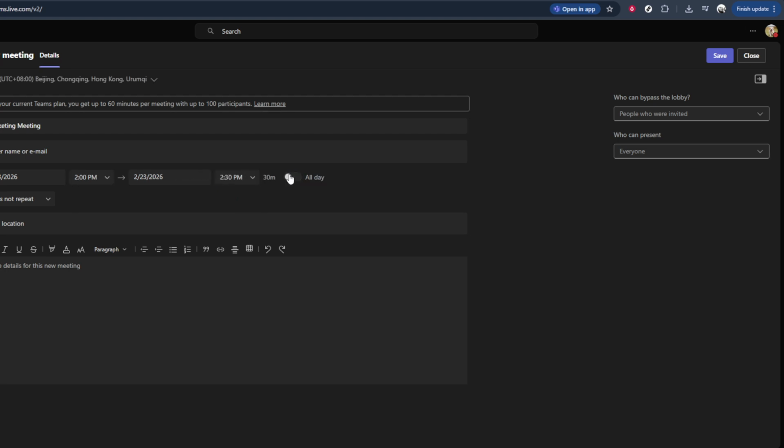When you're happy with how it looks, click on Save. In some versions, this might say Send, which will both save the meeting and send calendar invites to your participants. After you save, your all-day meeting